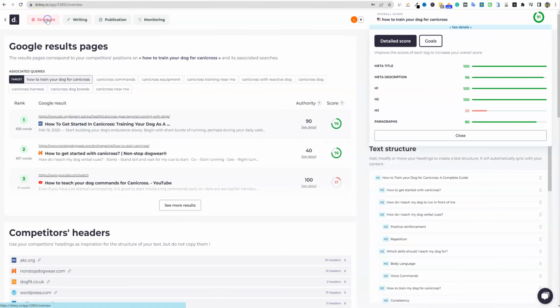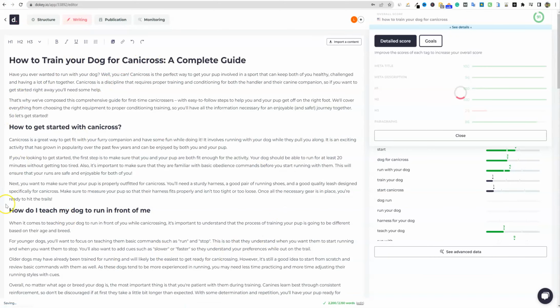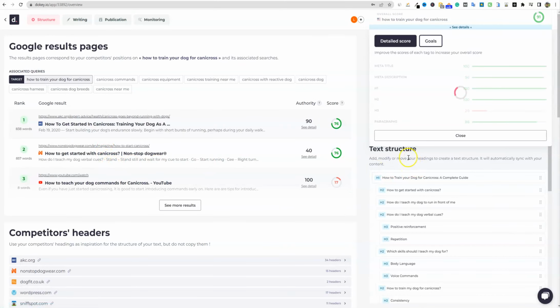So we'll go back over here. And I went ahead and deleted the outline that was in here. Now it's easy to copy and paste that and share it with your writer or load that into your favorite AI content writer. But you can always get back to what your outline is by going over here.